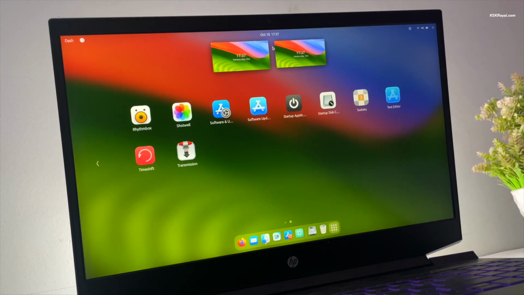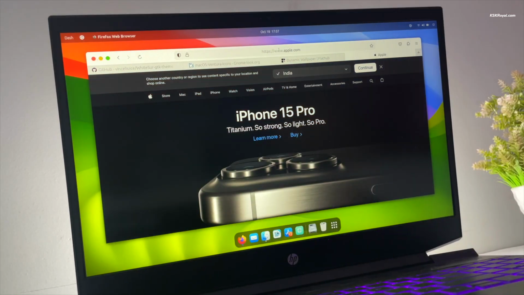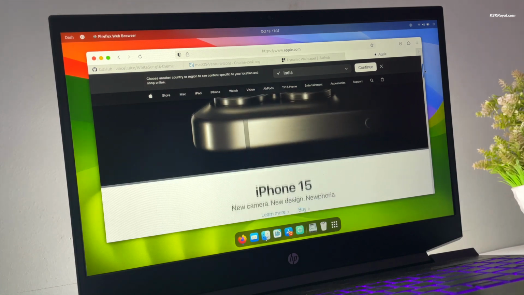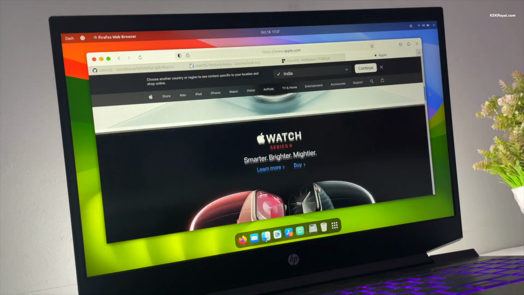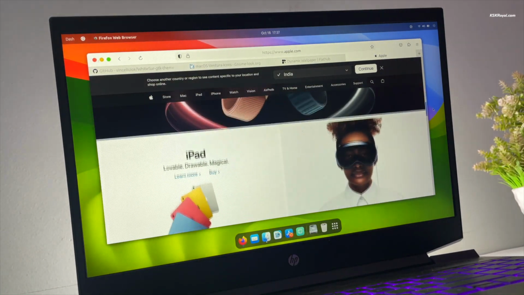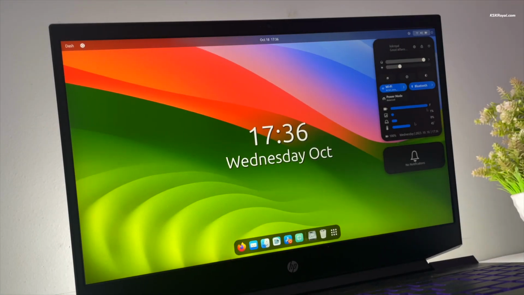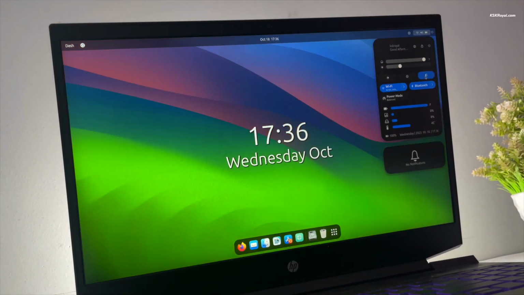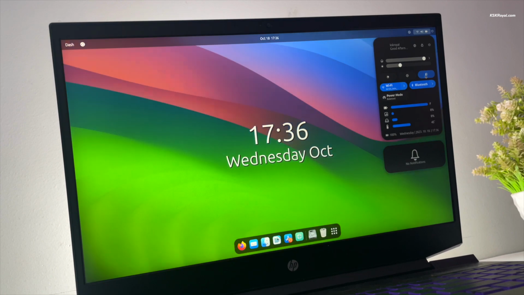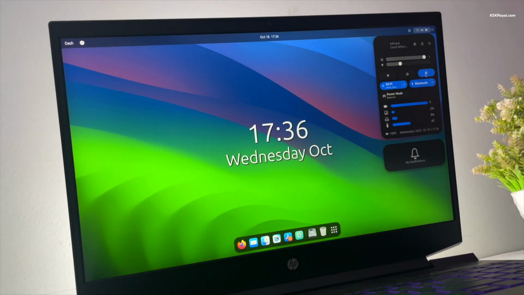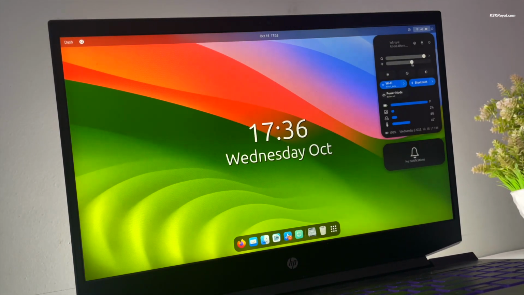Now for this video, I will be using Ubuntu 23.04. At the time of recording, Ubuntu 23.10 is available and comes with GNOME 45, which lacks support for extensions. Therefore, I recommend using Ubuntu 23.04 or any GNOME distro that ships with GNOME 43 and 44 for the time being. Now without further delay, let's get started.